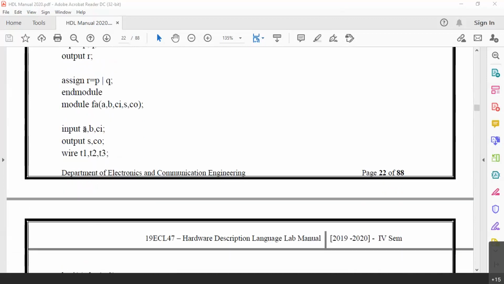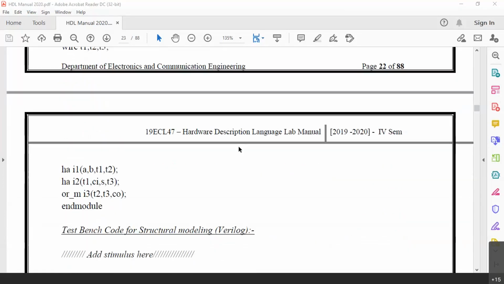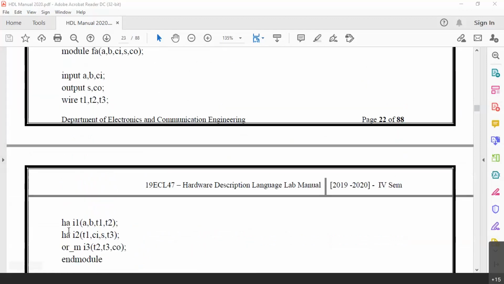And in the third module, it is calling both of these modules. So module FA, A, B, CI, S, CO, input A, B, CI, output S, CO, wire T1, T2, T3. You can see this is now declared as wire T1, T2, T3. Now HA is directly used here, unlike in VHDL.